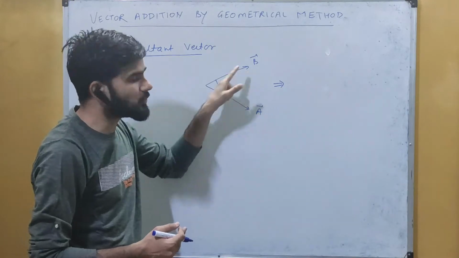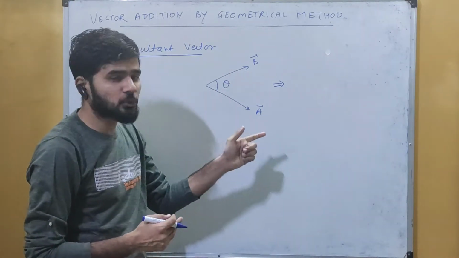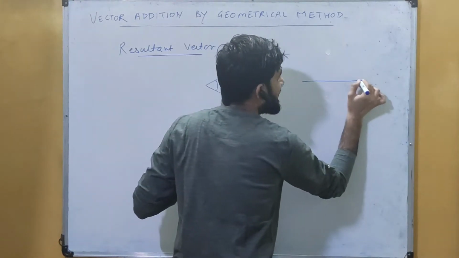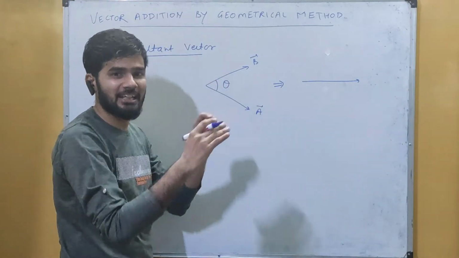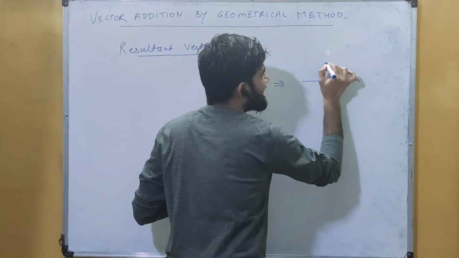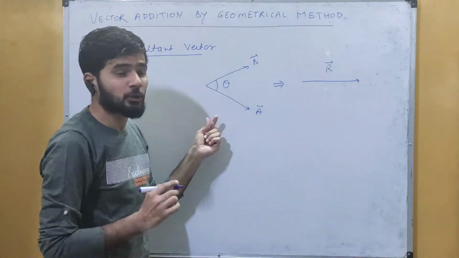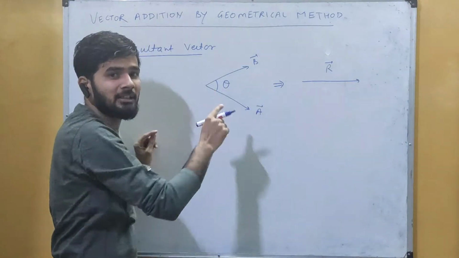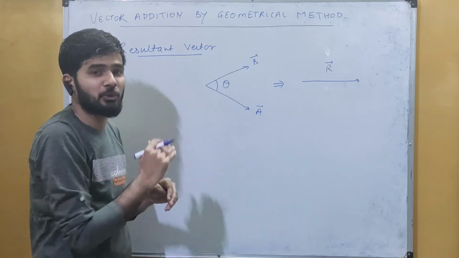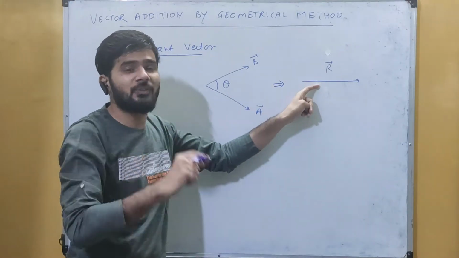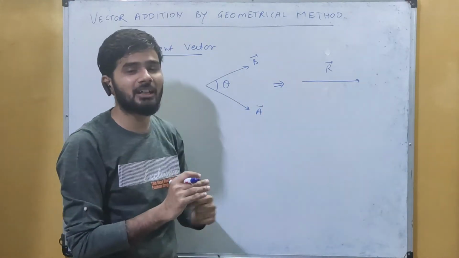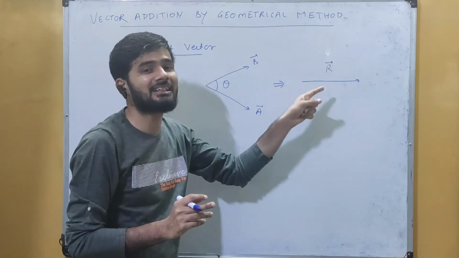So here if we have two vectors at an angle theta, तो यहाँ पर दोनों का आंसर क्या आएगा? There will be a resultant one in some direction. तो इसको हम मान लेते हैं resultant R. It's also a vector and we have two vectors. तो यहाँ पर ये जो दो वेक्टर कंबाइन होकर जो भी इफेक्ट प्रोड्यूस करेंगे, the same effect if it can be produced by this resultant one, then this is called the resultant vector.